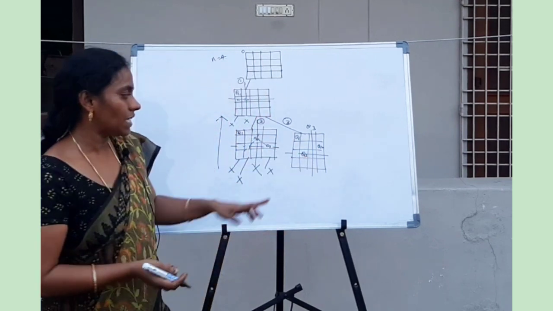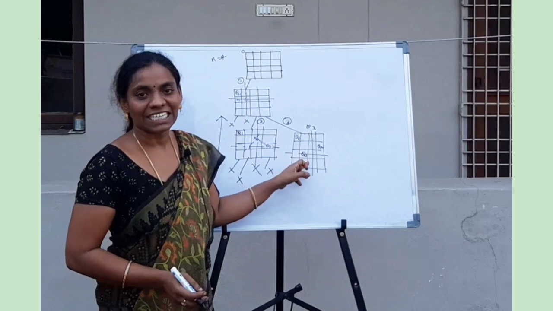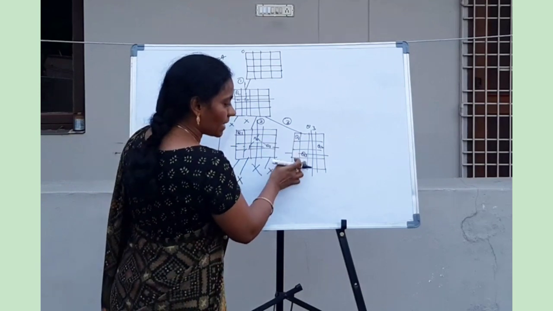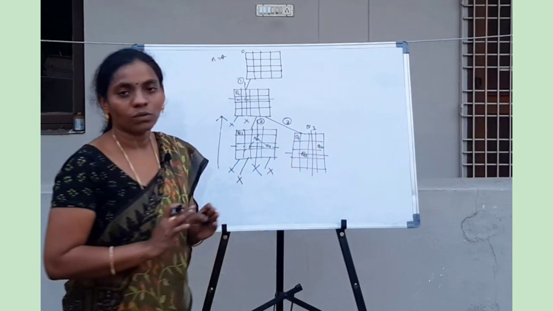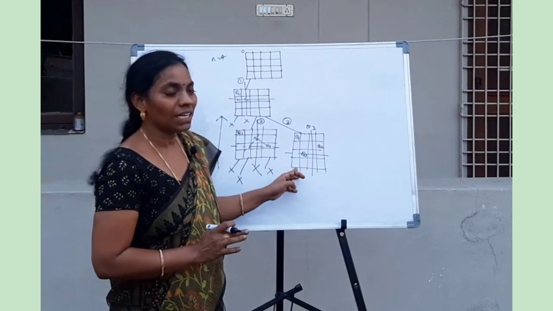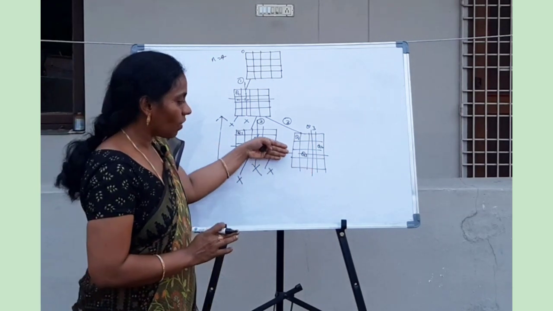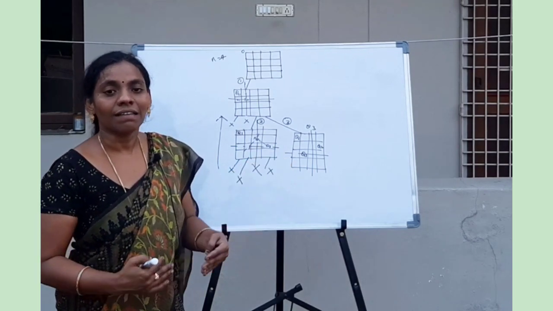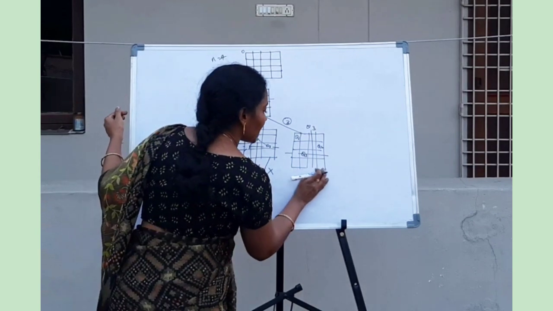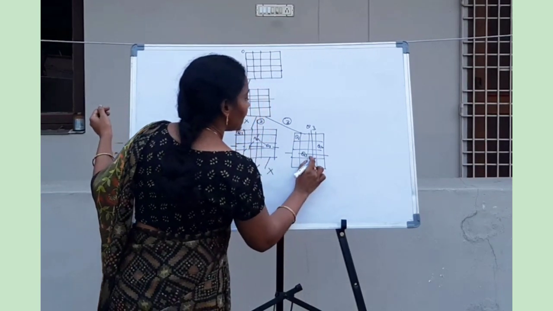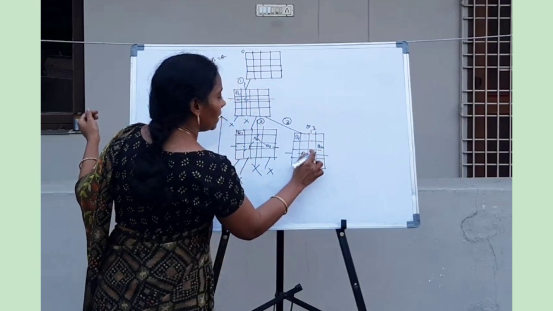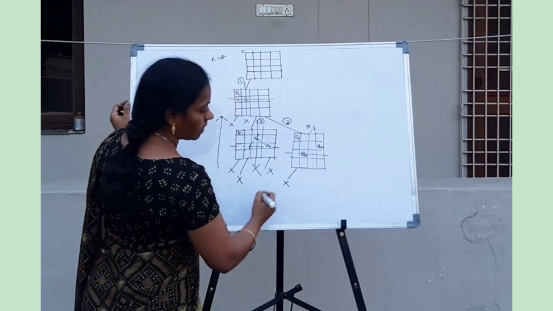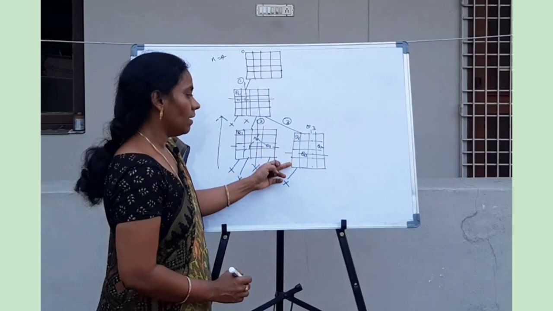Now you can see you can place your queen 3 here because it satisfies your constraint. Right? It satisfies your constraint. So it cannot be in the same row, same column, or even the diagonal. So for placing the second queen, this is the solution. Now you consider this and find out the next step to place your third queen. So now from this I started. Here I cannot place because if I place my queen,